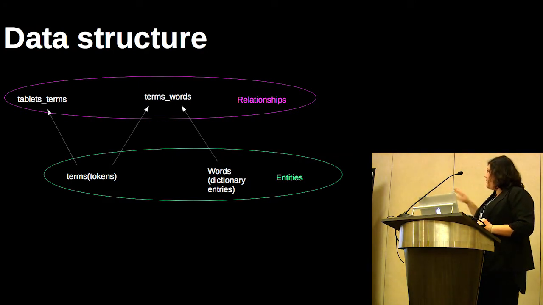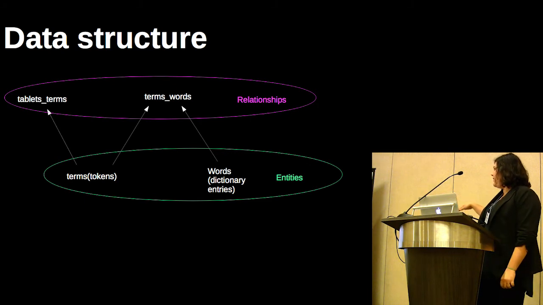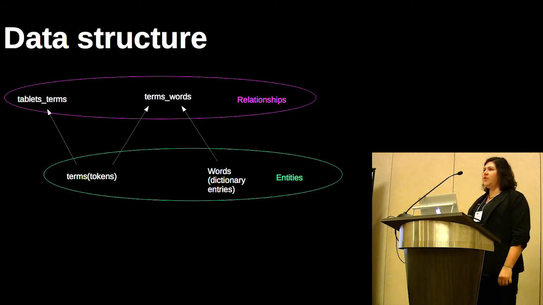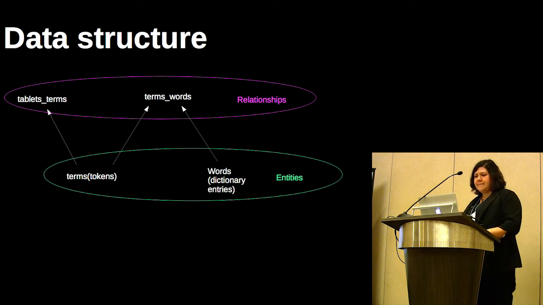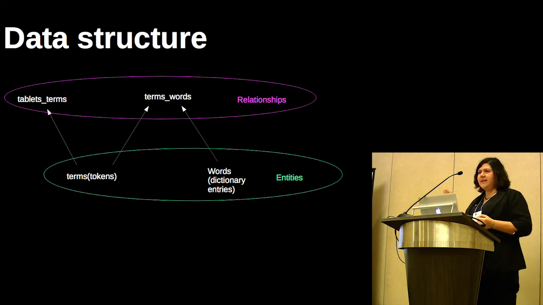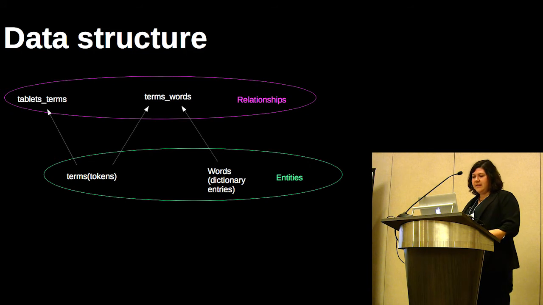So I tried to put this in another way to make it maybe more clear. You have information about entities stored in some tables, and then you have other tables that store information about the relationship between these entities. So then I would also have a tablet table in the entities section. The way to do this is by giving a unique ID to entities and then referring to those in the relational tables.